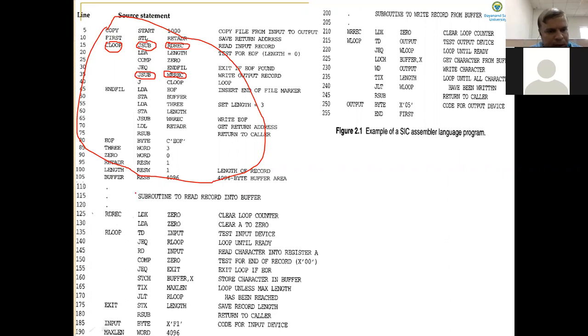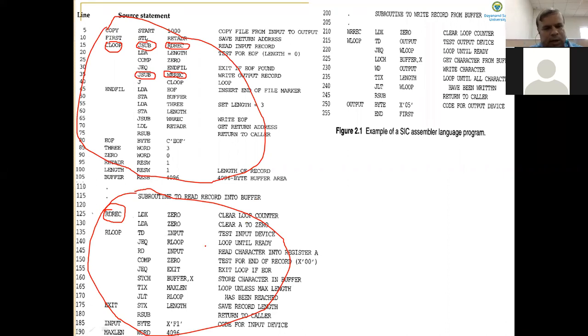And here is the code for the subroutine RDREC. RDREC starts from line 125 and ends at line 190. What is the function of this subroutine?